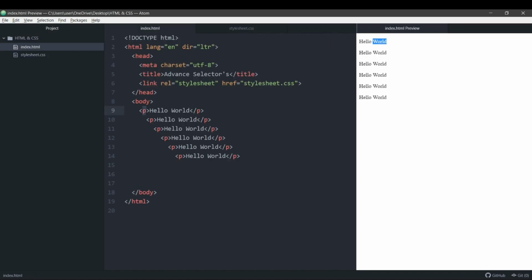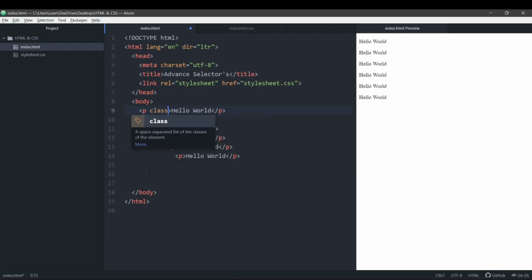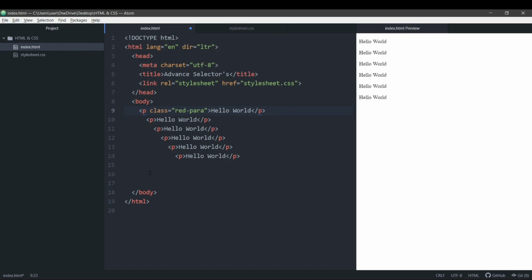So I'll go inside this p tag and add the class attribute. How can we do that? Let's go into the p tag and add a class attribute to the tag that we want to change. Inside this we'll give it a name called red para. Now while naming, remember that you always connect it with something. You cannot give it red space para. So you can give it red hyphen para, or you can just give it the name red. But I want it to be more specific, that I want this color to be red paragraph. So I'll give it red-para.